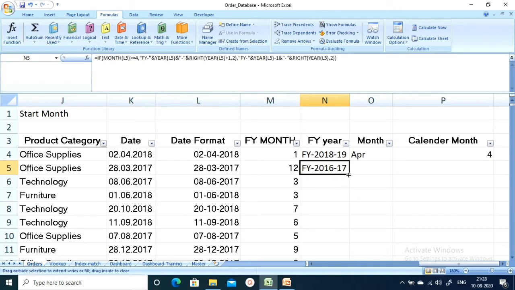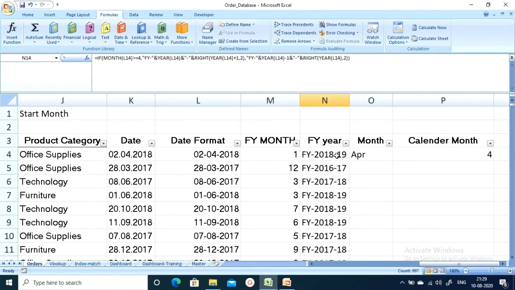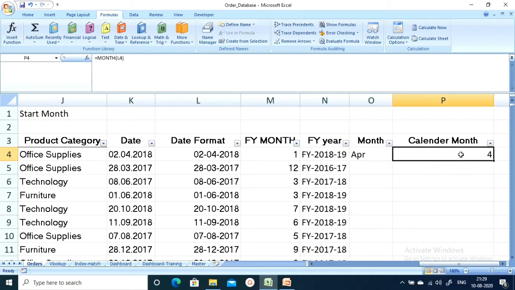Now I am going to drag it on. Now I want to get the month of that particular date. Normally if you apply the MONTH formula, it will display the month number, but I want April, March, May, like that. I want only the 3 characters of the month.